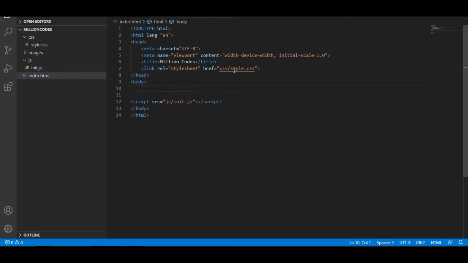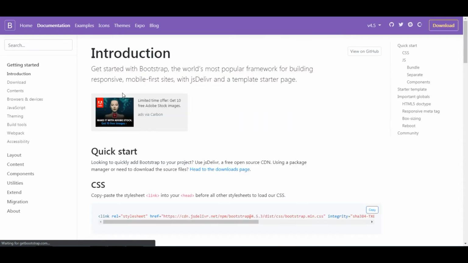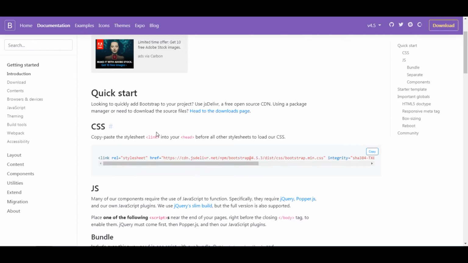Okay. CSS and the JavaScript application is linked to our index.html page. So next step, we have to connect our Bootstrap CSS framework to our application. First of all, here they have given that copy and paste the style sheet link to the head section of our CSS style sheet.